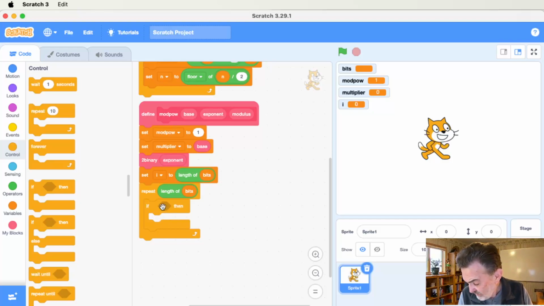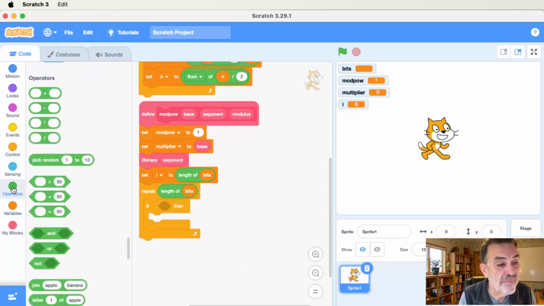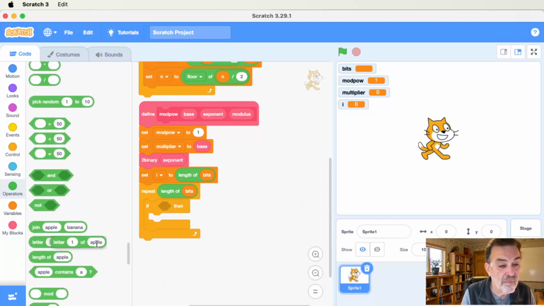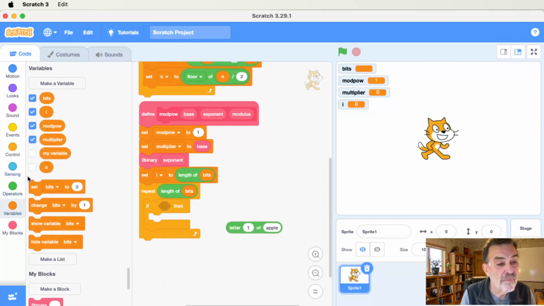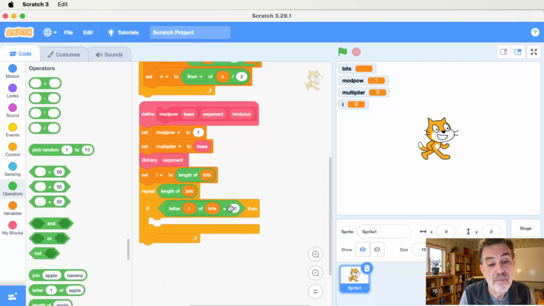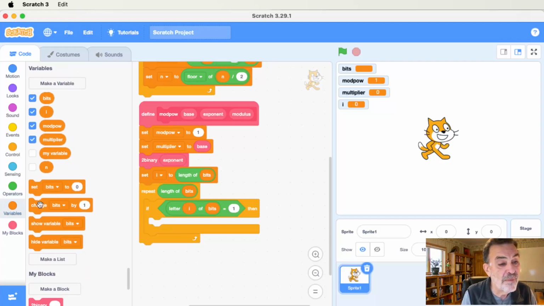So if letter i of bits is equal to 1, that means I've got a binary digit of 1 there. Then I want to change the value for what I'm going to report for mod pow. So set mod pow